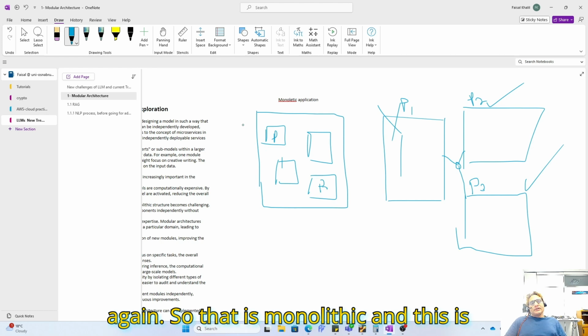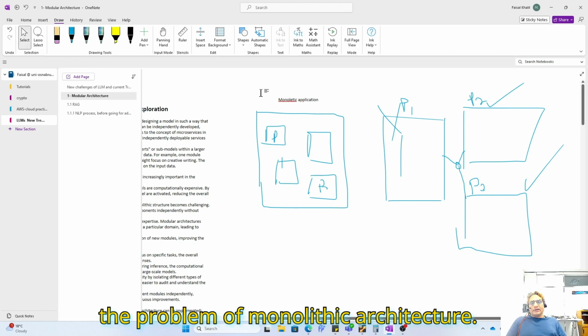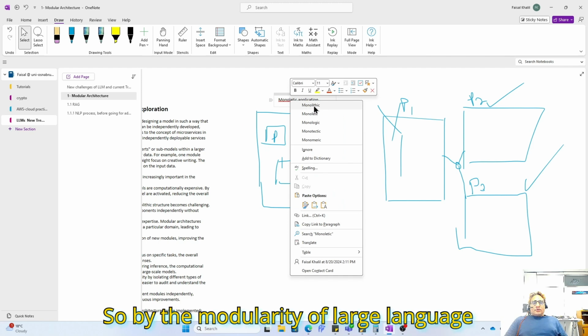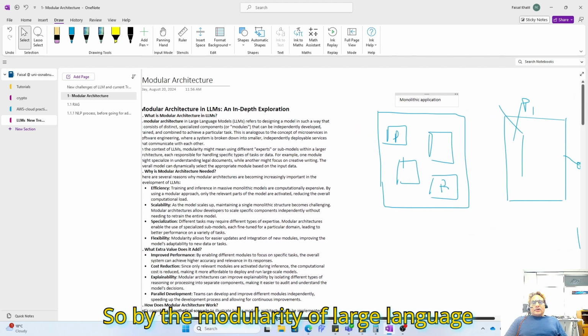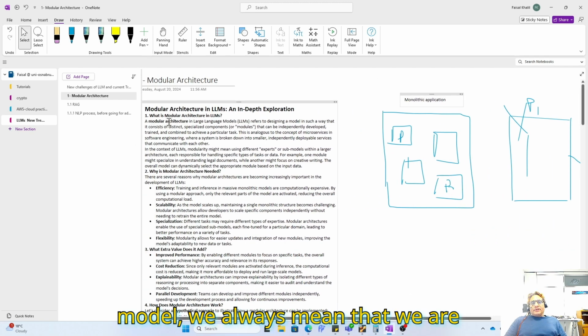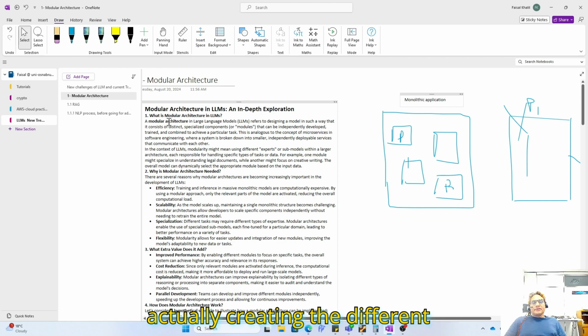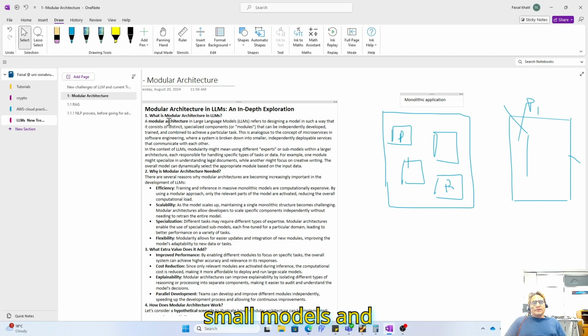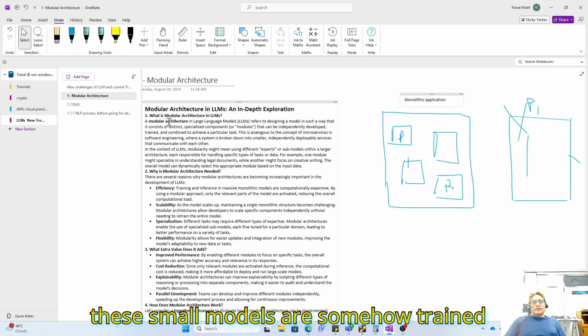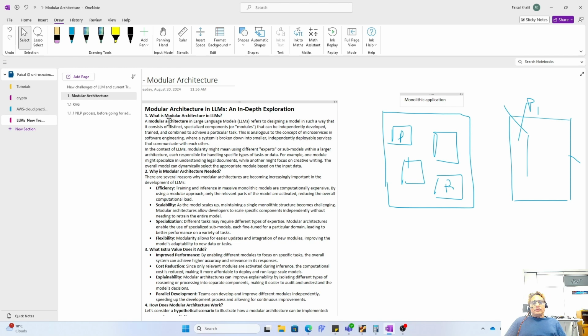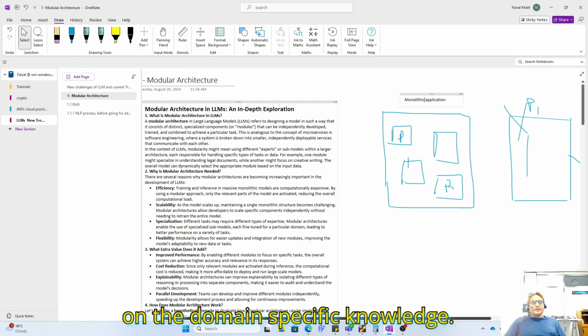So this is monolithic, and this is the problem of monolithic architecture. So by the modularity of a large language model, we always mean that we are creating different small models, and these small models are trained on domain-specific knowledge.